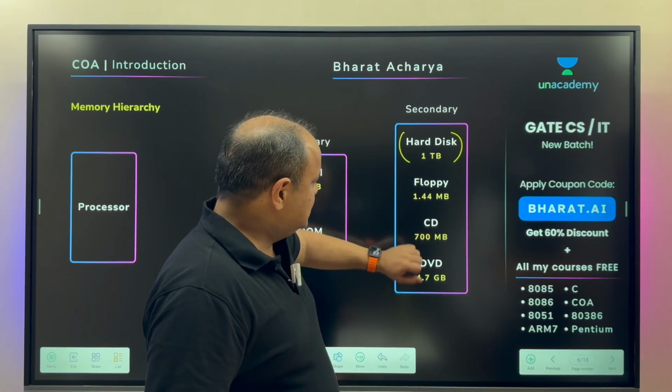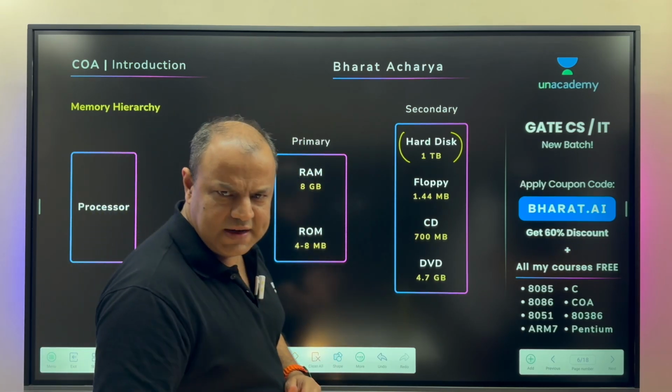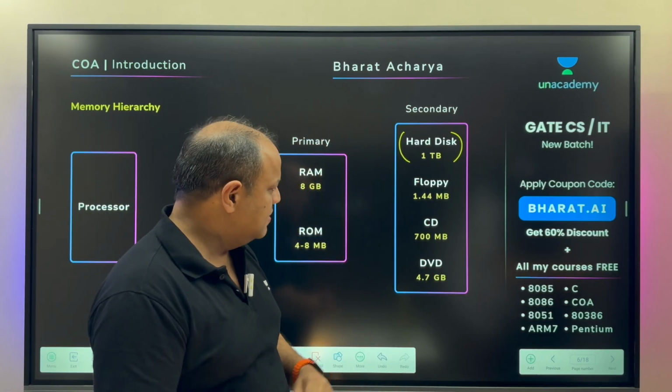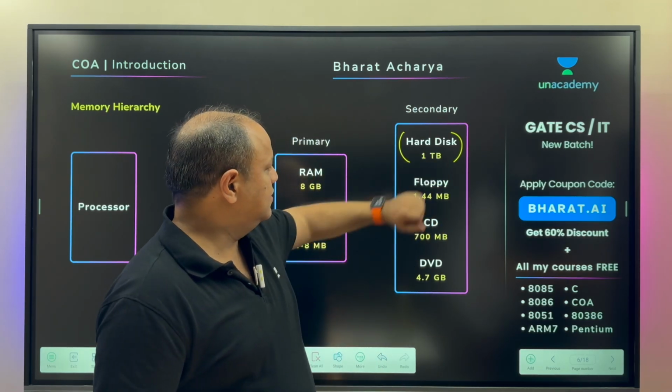Anyway, so CDs, DVDs, but at least in terms of syllabus, they are there. So that's the reason I'm talking about them. Many Intel computers still had CD drives for a long, long time. They got replaced by pen drives, which today are replaced by cloud. They are used for portability. This is used for storage.